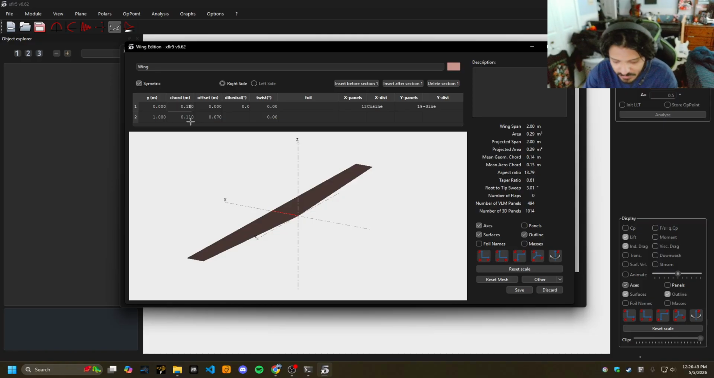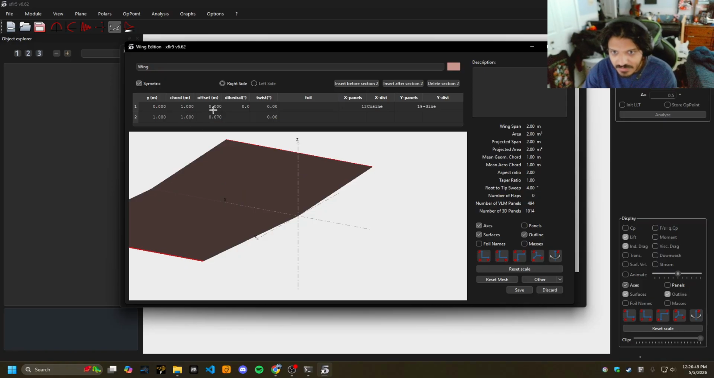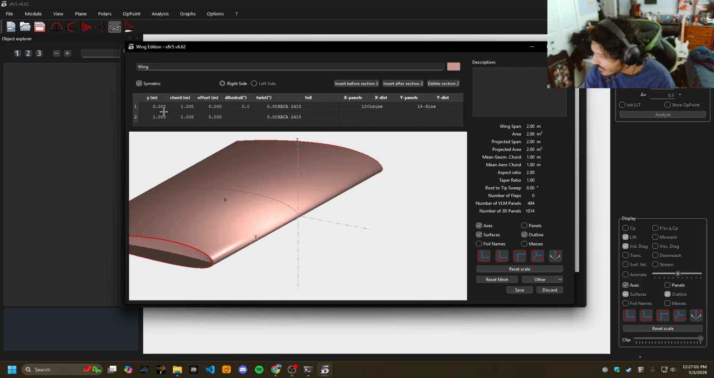Chord length should just be 1 meter on both sides. There's going to be 0 degree offset, no twist. It should be all just a rectangular wing. You come down here and select the foil. And then he wants an aspect ratio of 10. So you can see over here we have an aspect ratio of 2. So to increase it, this should be, I believe,